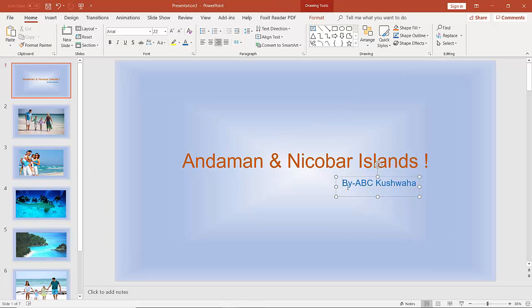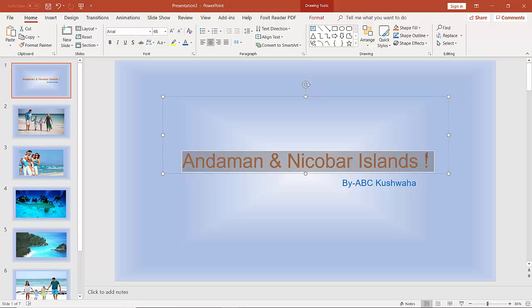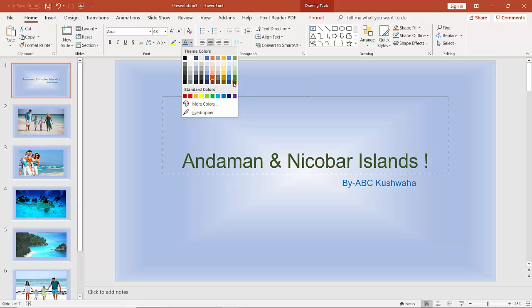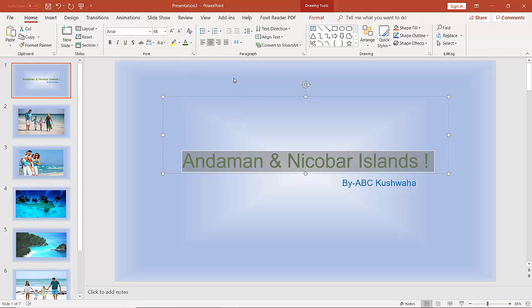Now let's say we also want to change the color of this title, so we just need to select this title, and then we can again go to our home tab, then under font group we can click on this drop down, and from here we can choose any color, and let's see which one is perfect. I think this one looks perfect, so we can choose this one. If we want to make it bold, we have to just select it, but it is already selected. Then we can go to our home tab, under font group we can click on bold,